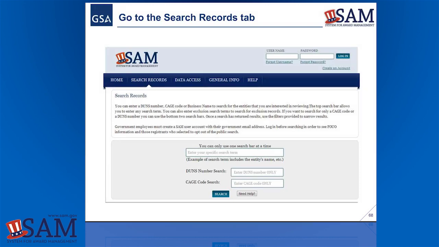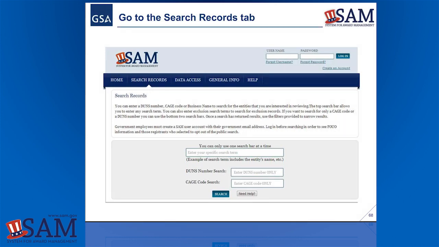In CCR, when their registration went active, it was 365 days from that date when their record would expire. In SAM, because you have not just the information about the registrant, but also the reps and certs, legally binding information that they are certifying to, saying, as of this date, this information is 100% correct, the date is tied to the date they submit. So the expiration date will be 365 days from the day they submit the record. That means if it takes a week to get the IRS external validation complete, or another couple days to get the CAGE code validation complete, both of which happen after the record has been submitted in most cases,